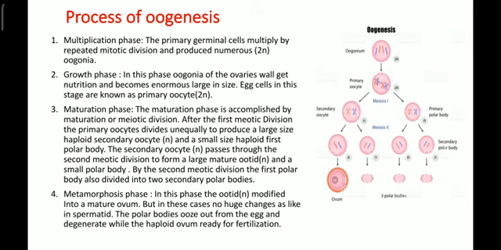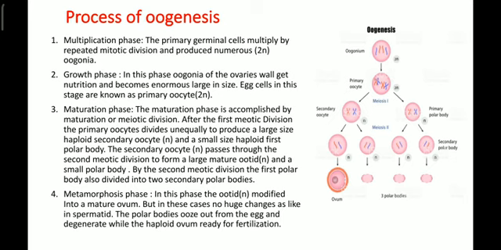As you know, during mitotic cell division, the number of chromosomes remains the same in the daughter cell. That's why the oogonium contains the 2n diploid number of chromosomes, the same as the germinal epithelial cell or primordial germ cell. And this oogonium, during the growth phase,